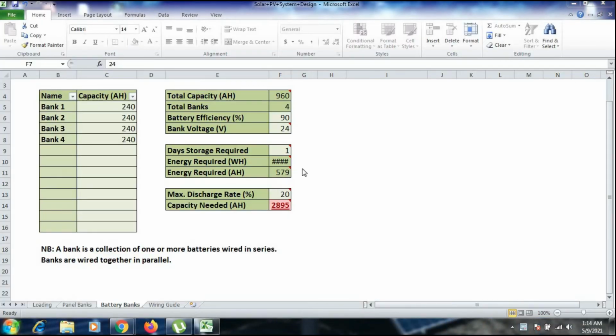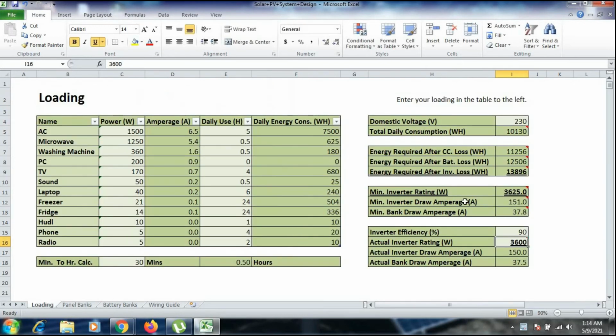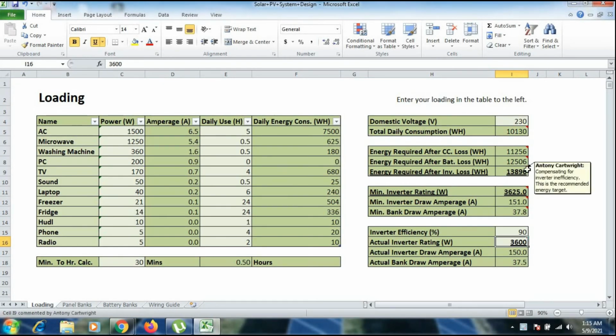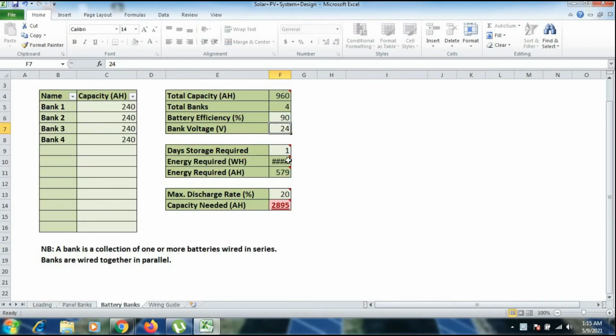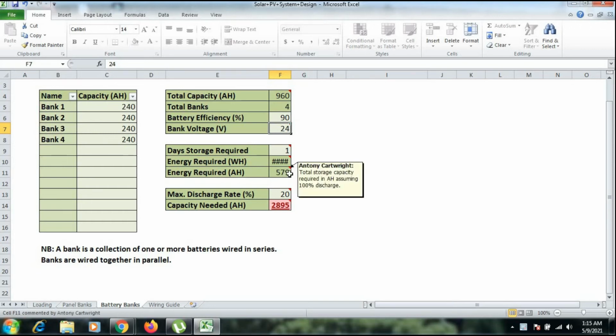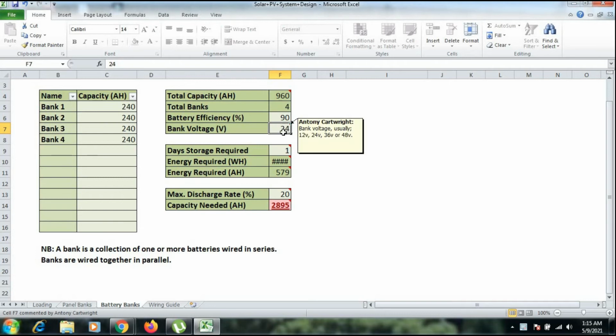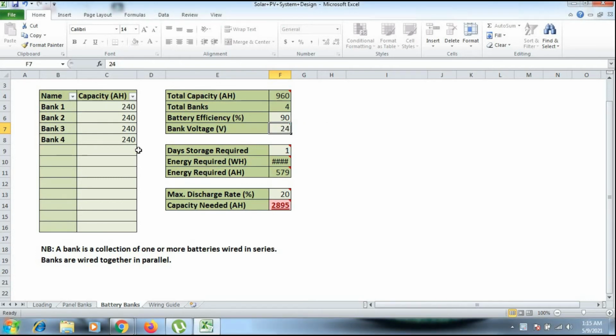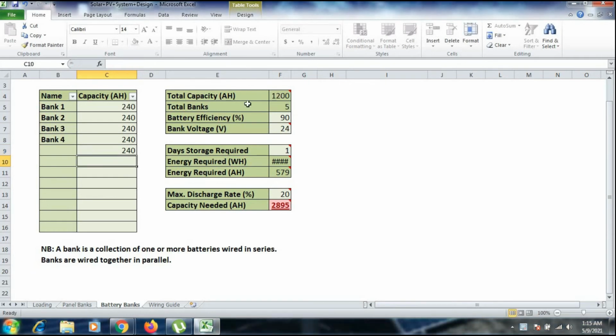This is again the basic formula we are using, that is P is equal to VI. Here our energy required, that is P, is this one, 13,896, which is our energy required in watt hour. To keep that P constant, if you are decreasing the voltage from 96 to 24, we have to increase the required current, that is the AH value. So if you are using a 24 volt battery bank, we have to increase the current value. How can we increase the ampere hour value? We can add a few more battery banks over here.